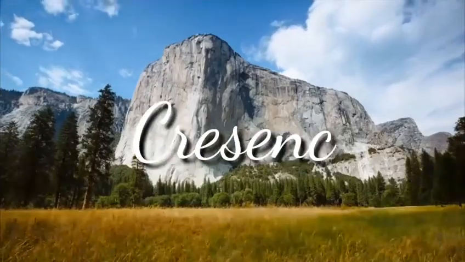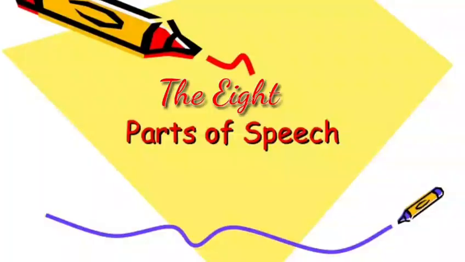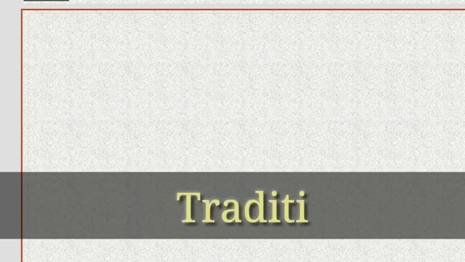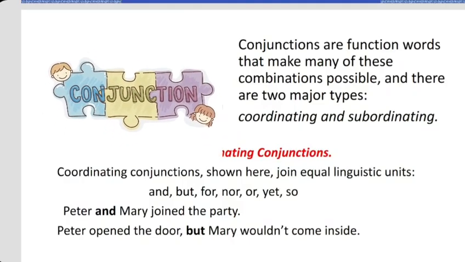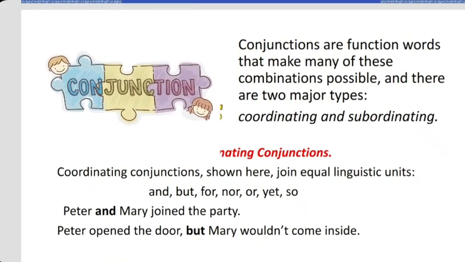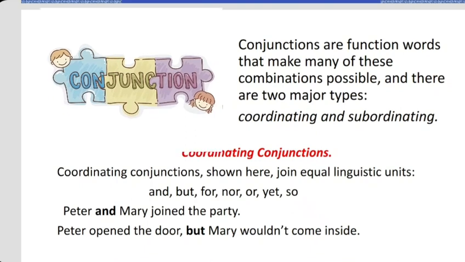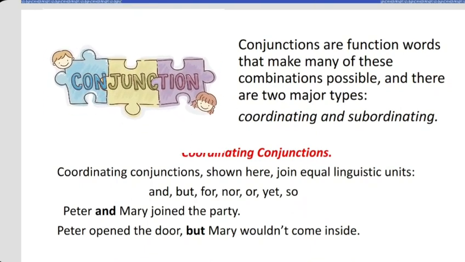Hello, my name is Crescencia Sosa. I'm going to continue explaining to you the 8 parts of speech according to traditional grammar. Conjunction. Conjunctions are function words that make many of these combinations possible, and there are 2 major types: coordinating and subordinating. Coordinating conjunctions